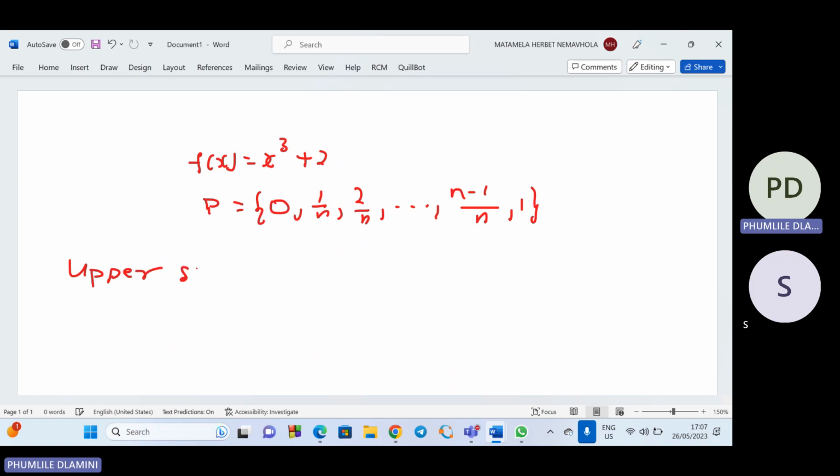The upper sum, which we can denote as U, meaning upper, of f and P, where f is the function and P is the partition, is defined as the sum of the areas of the rectangles